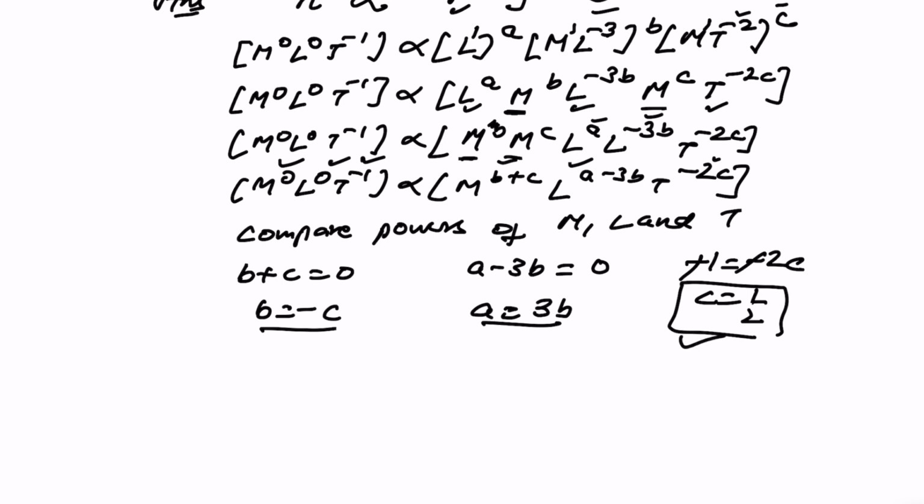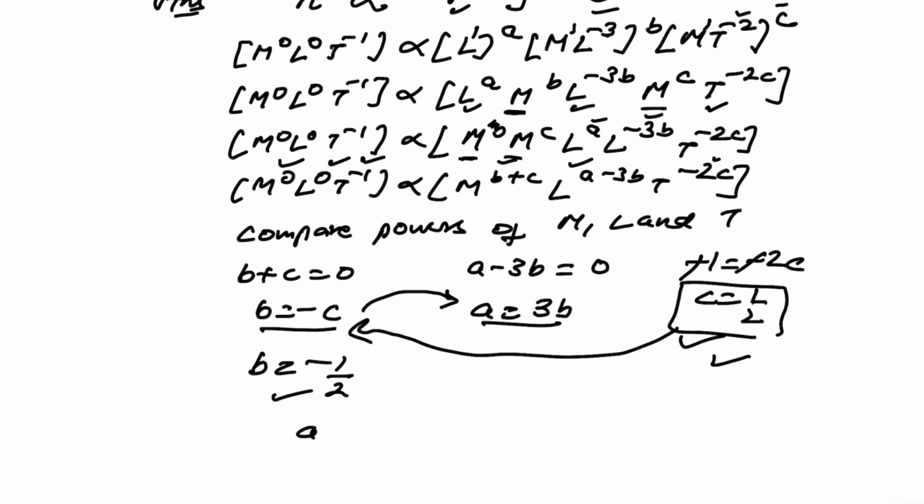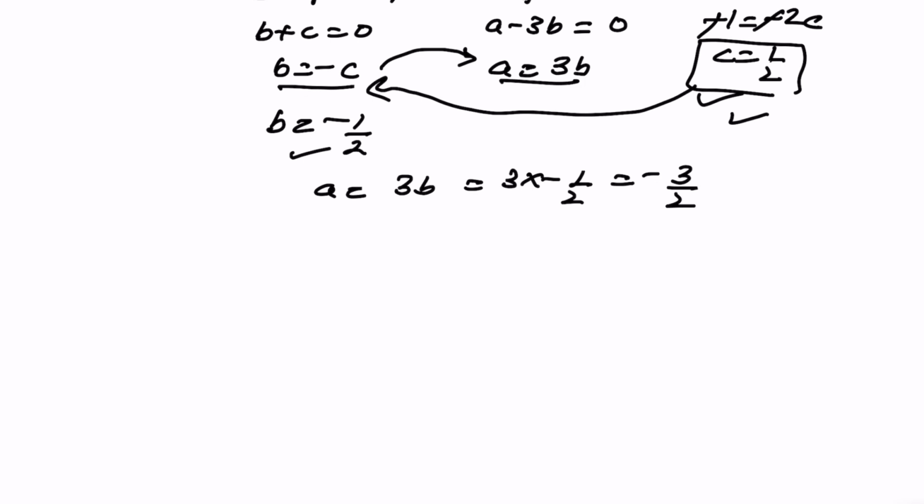तो c की वैल्यू मेरी हाफ आ गई है। अब c की वैल्यू को अगर मैं यहाँ सब्स्टिट्यूट कर दूं तो b की वैल्यू कितनी आ जाएगी -हाफ। तो b आ गया -हाफ, c आ गया मेरे पास हाफ। अब इस b की वैल्यू अगर मैं यहाँ रख दूंगा तो a की वैल्यू होगी 3 इंटू b, तो 3 इंटू -हाफ। तो a की वैल्यू क्या हो गई -3/2। तो मेरे पास तीनों की वैल्यूज आ गई है। a की वैल्यू -3/2, b की वैल्यू -1/2 और c की वैल्यू 1/2।